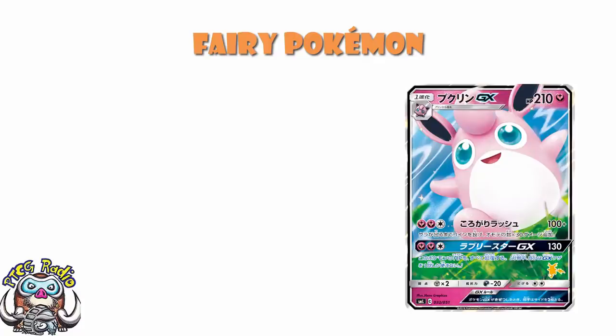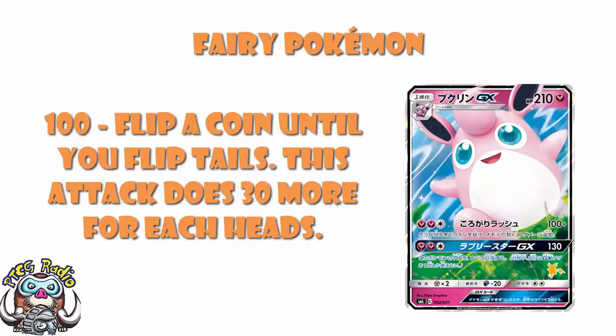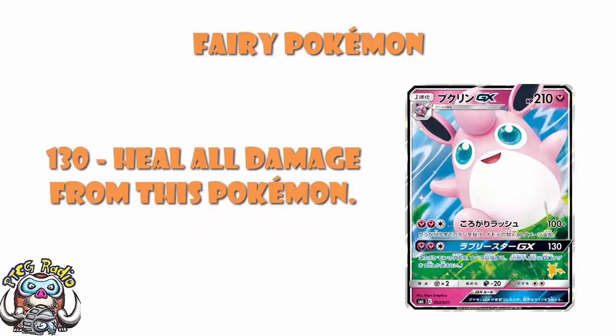We talked about this before. Two fairy and a colourless, 100 damage, flip until you get a tails, 30 more for each heads. Or 130 heal all from this Pokemon. It's one of the more interesting GXs. It's the only one in this set which is not vanilla in all its attacks, but no, it's not particularly